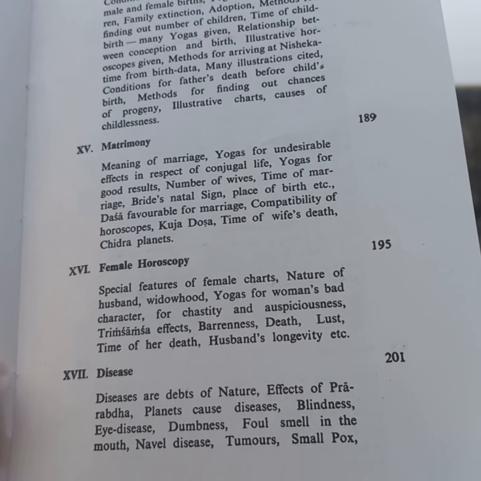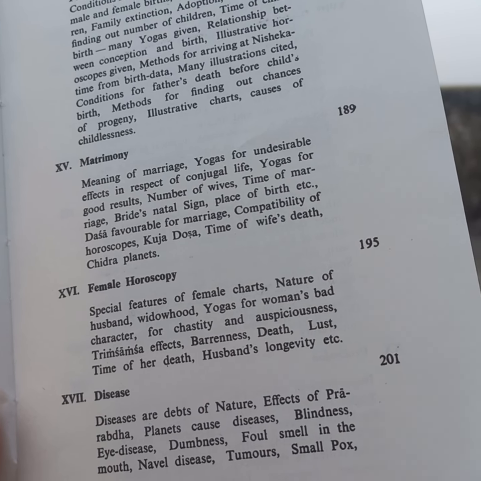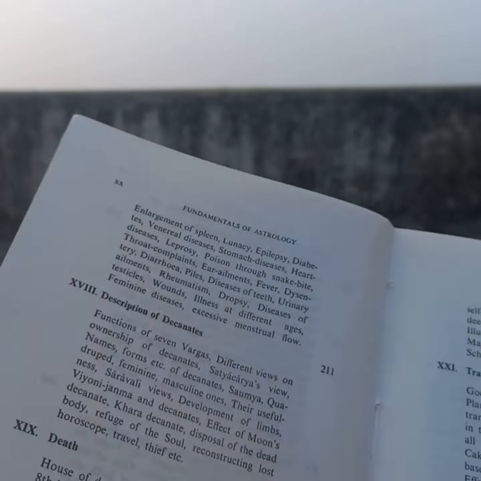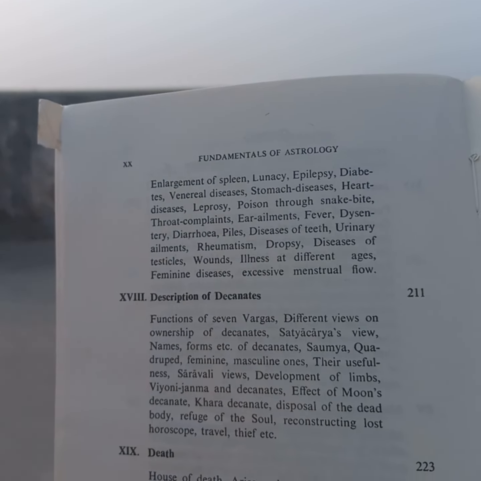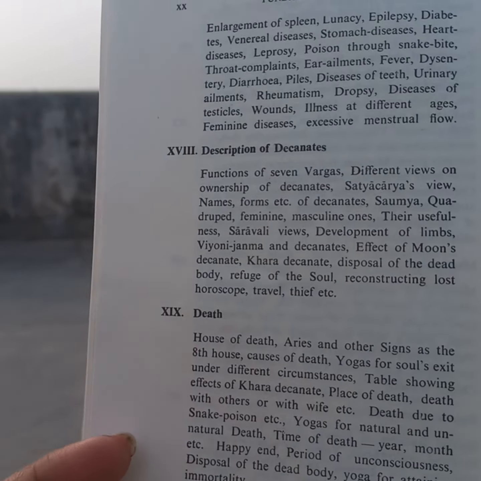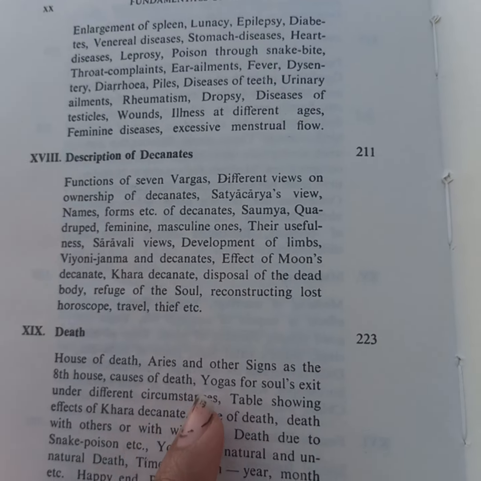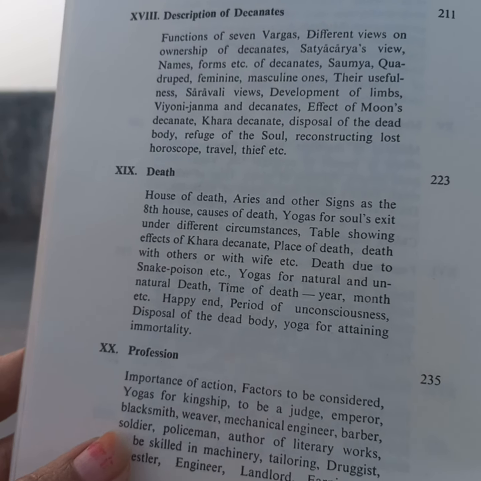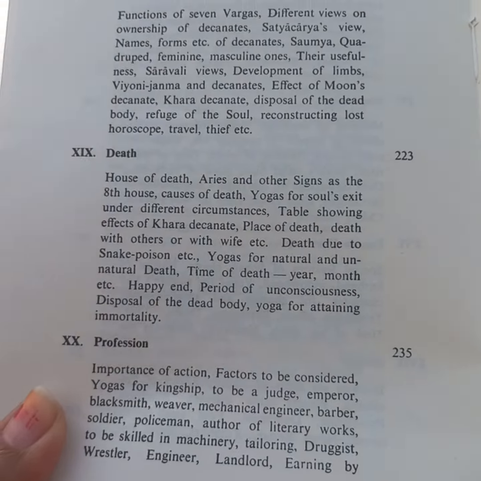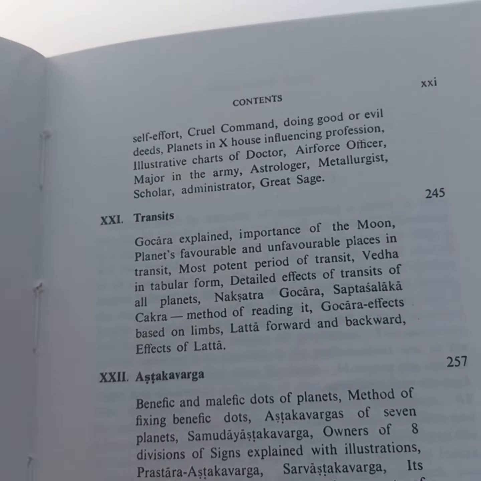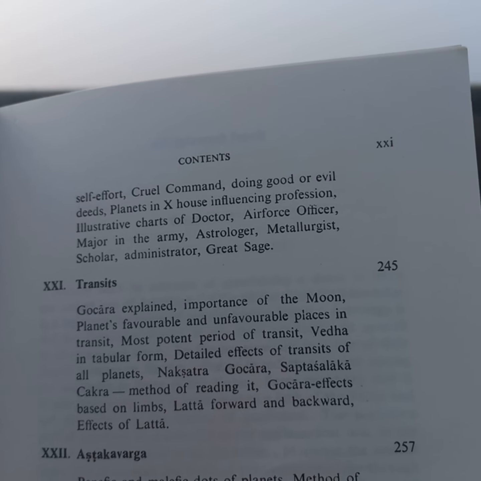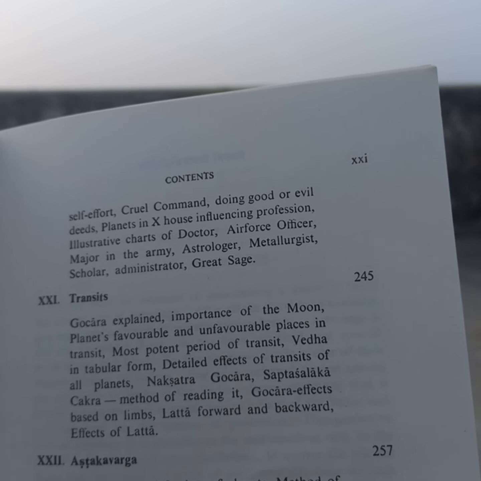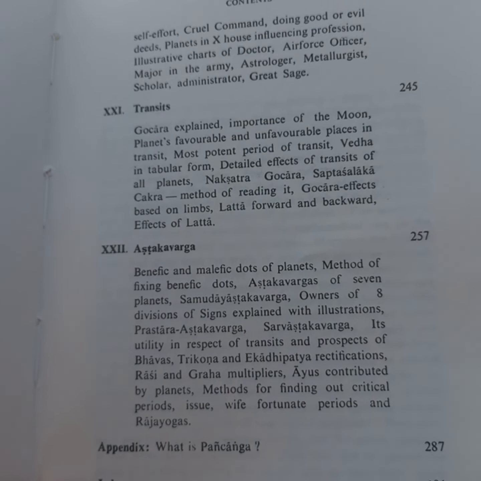Husband's longevity. Then diseases, so many kinds of health issues are mentioned here. Then description of decanates, death, house of death, Aries and other signs as 8th house, causes of death, profession. So many professions are mentioned here. Transits, Gochar explained, importance of the moon, planets, favorable and unfavorable places in transit. Then Ashtavarga,